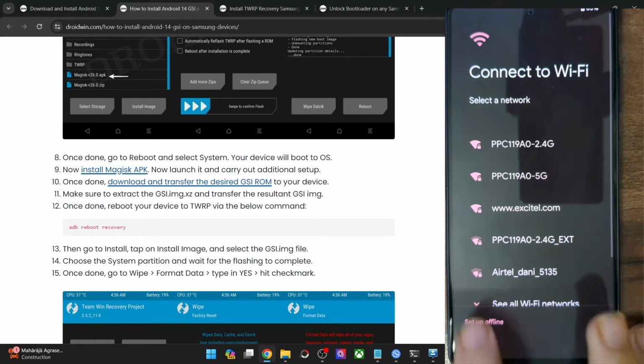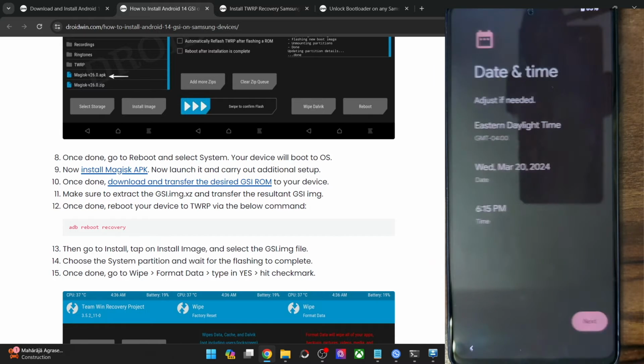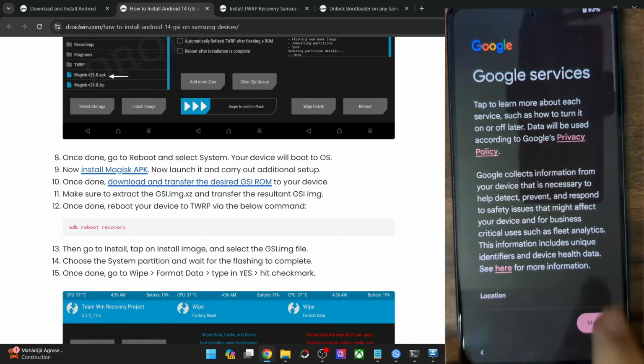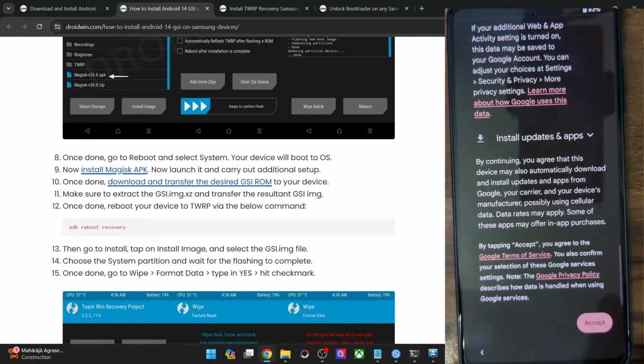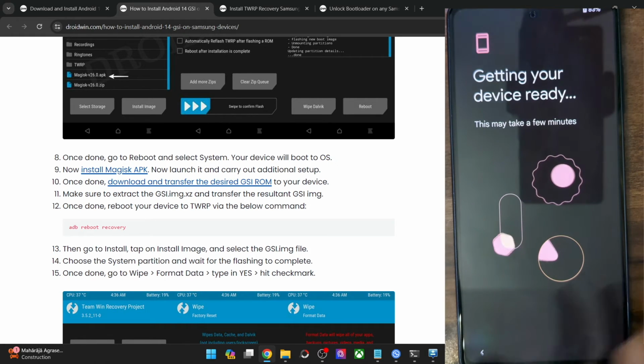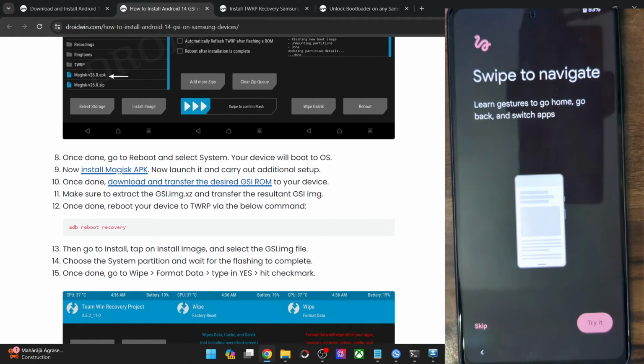If you want, you may restore the data right now, connect to internet and carry out the rest of the steps. But as of now, I'll skip everything and take you to the OS directly, so that the entire steps are quite fast. Let me skip this as well, and it should just take a few more seconds.